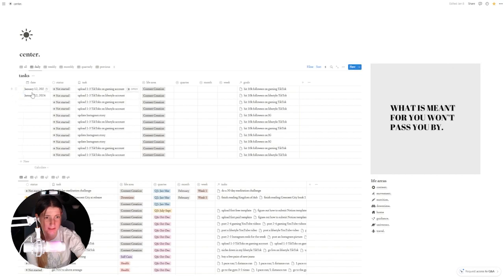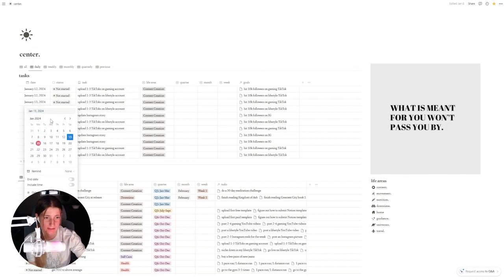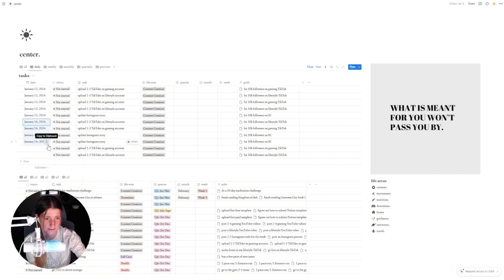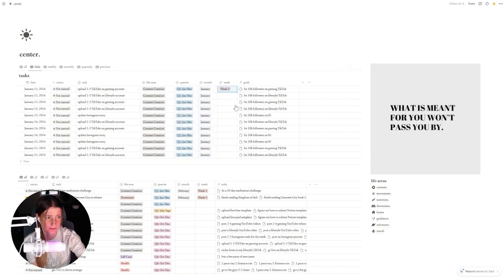So it looks like the last time I came on here was January 12th and it's the 15th today. So essentially what that means is I would have these three as the 13th, these three as the 14th, and these three as the 15th, because these are my daily goals. They're automatically reoccurring. So this is just the way that I fix them. It's currently Q1, January, and these would all be week 2. Yesterday was Sunday though, so these would be week 3.